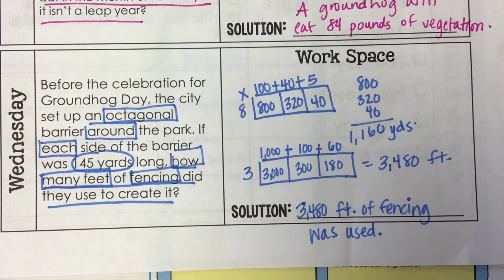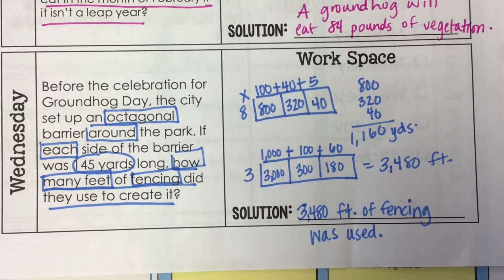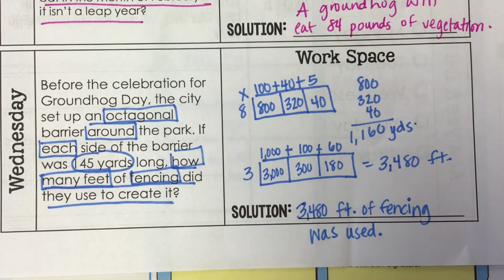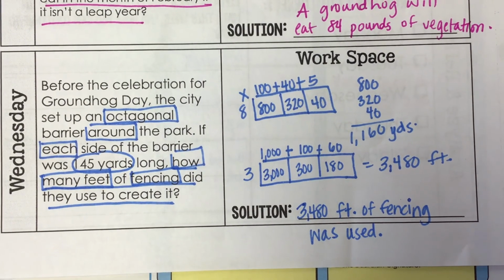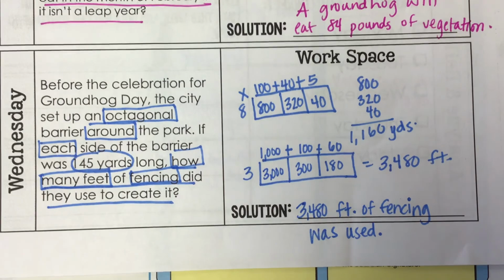Okay. Go ahead and get out your area and perimeter of irregular shapes packet that we looked at. Oh wait, you know what? Before we do that,